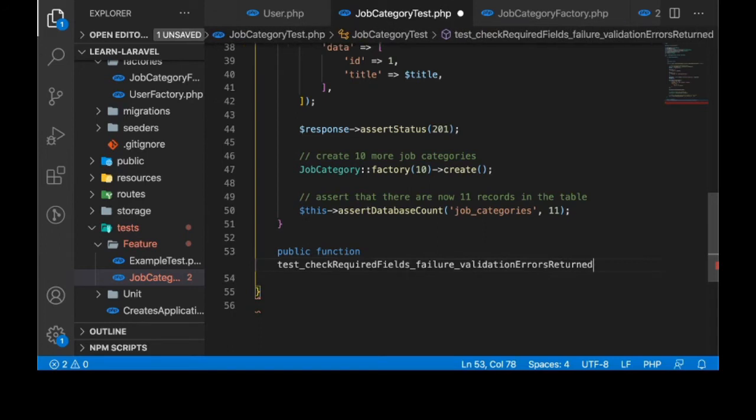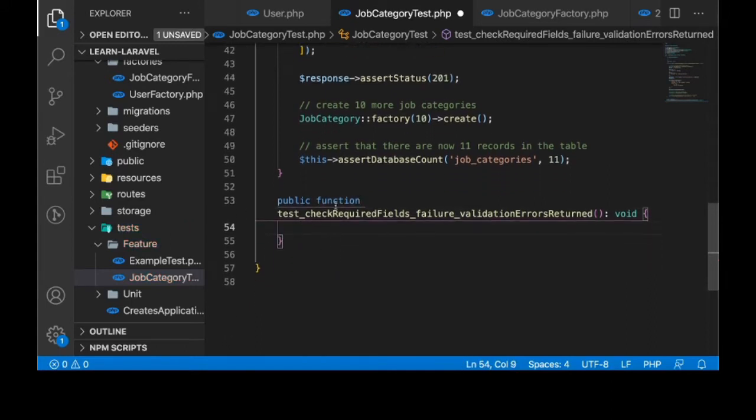Returned. So we are testing that when the required fields are not supplied, there will be a failure and we get the